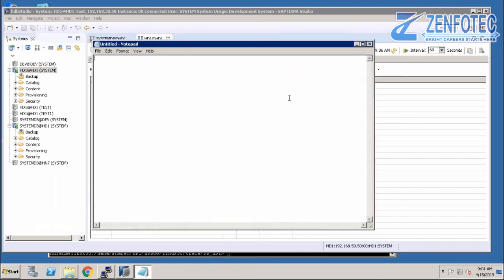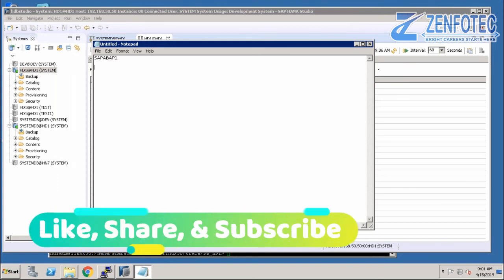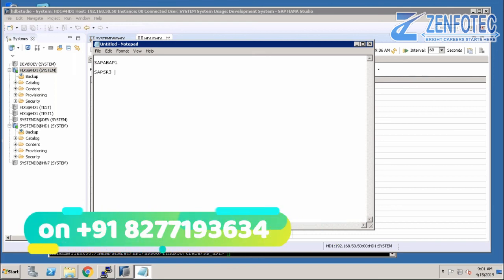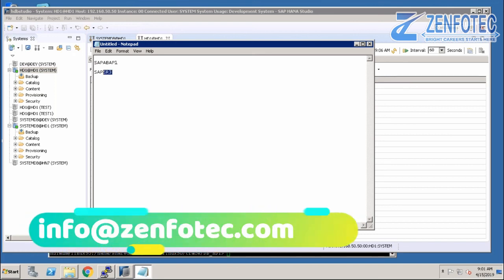Earlier, everyone kept the default, which is the SAPABAP1 schema, and most systems have SAPABAP1 as the schema in the HANA database. But SAP recommends using SAPSR3 as the schema for development, quality and production.